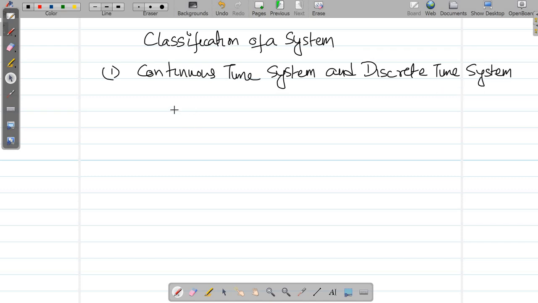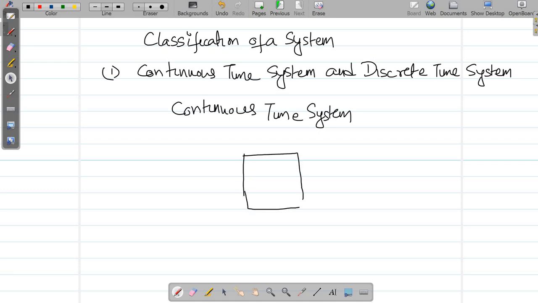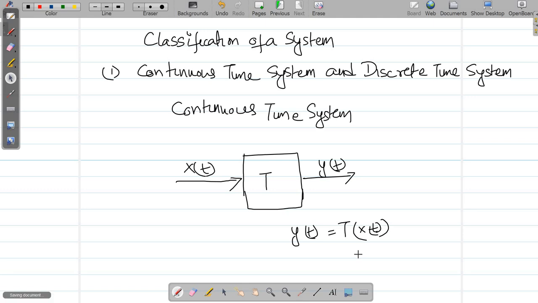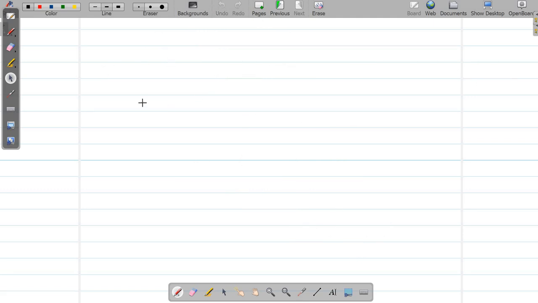So what is a continuous time system? Let me illustrate what is meant by a continuous time system. So we have as usual a transformation block. Okay, I apply an input. The input is continuous in nature, continuous time. It is a continuous time signal, and the output is also a continuous time signal. So a system which actually transforms a continuous time signal and outputs a continuous time signal is known as a continuous time system. Whereas a discrete time system,